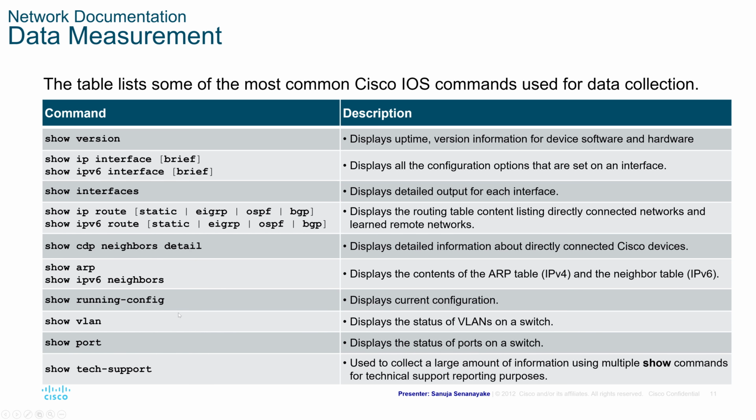And show running-config will display the current configurations of the Cisco device that you are interacting with. The show VLAN would display the status of the VLANs on the switch. Show ports will show you the status of the ports on a switch. And the show tech-support command is used to collect a large amount of information using multiple show commands for technical support